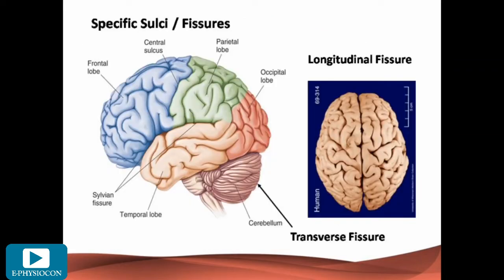In this picture you can see the central sulcus between the parietal lobe and the frontal lobe. The frontal lobe I gave the color blue, and the parietal lobe I gave the color green. In between that you can see the central sulcus, and the Sylvian fissure, or the lateral fissure, or you can say the lateral sulcus, is between the temporal lobe and the frontal and parietal lobe. Means the Sylvian fissure divides the lobes into frontal, parietal and temporal.